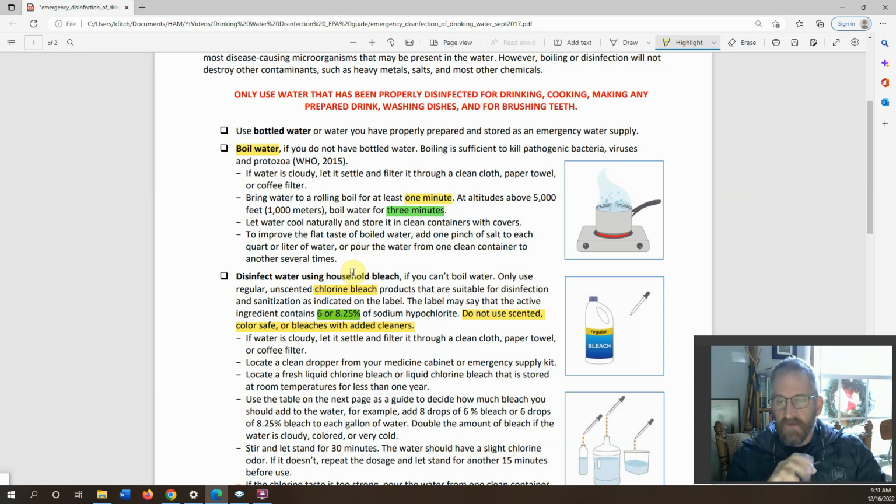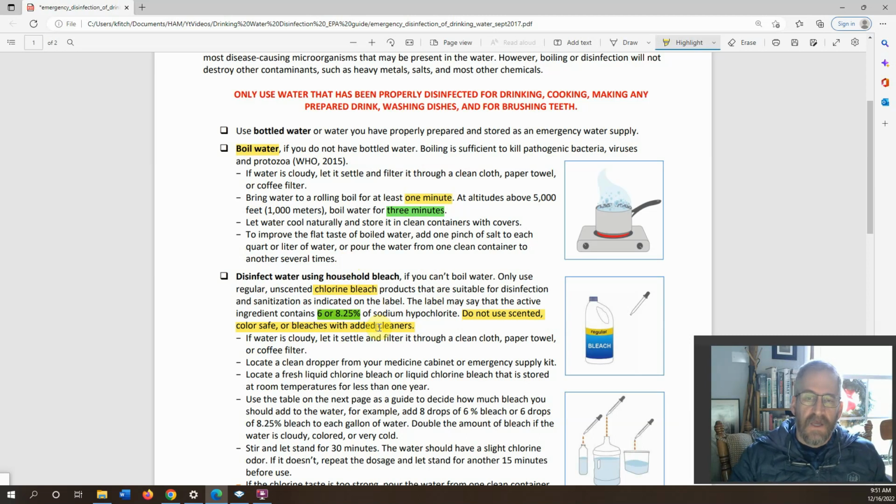And you definitely don't want to be drinking any of that. It will make you sick. So you want just straight up regular bleach. The store brand is often going to be just a regular one, but read the label on that. Make sure you're getting one that's not scented or has any other added cleaners to it,